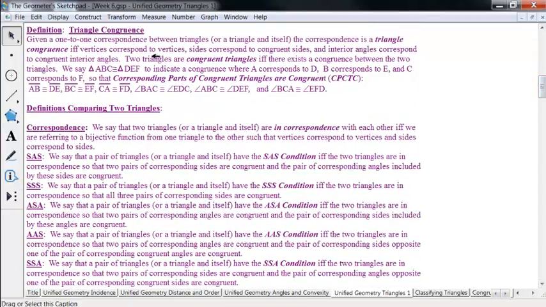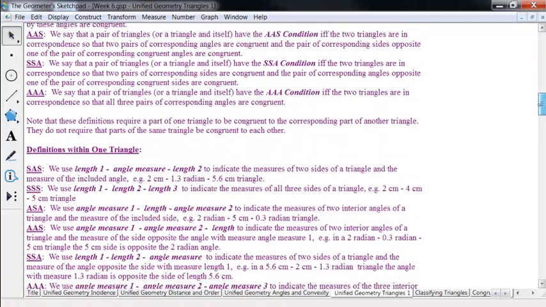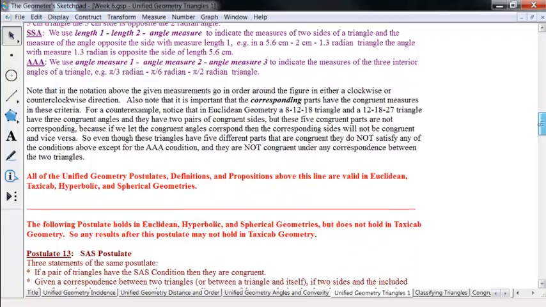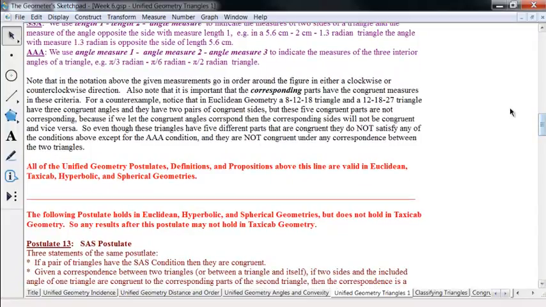And then we talk about triangle congruence, which I've talked about before, and these different properties. One note here. In the notation above, be sure that these measurements go around in order of the figure. You can go around clockwise or counterclockwise, but it's important to notice that corresponding parts have to have congruent measures